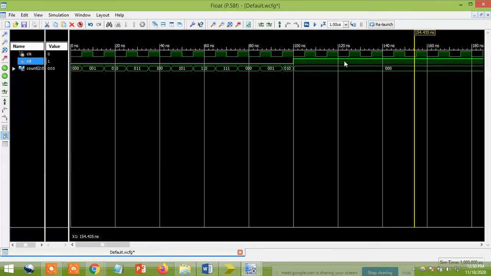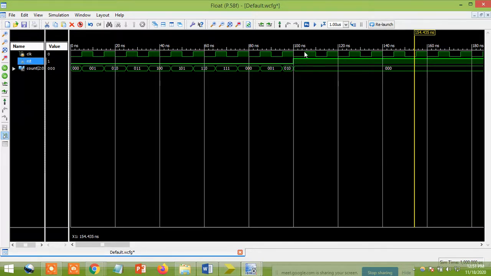But what is the main difference? Carefully observe that previously, in this same waveform, I'm not changing anything, on the falling edge the output is not changing, right? It changes only at the rising edges of the clock, so it totally depends on my clock. But here, suddenly, if I make my reset value 1, the entire action takes place right there. It will not wait for the clock. If my reset value is 1, then automatically the output becomes 0. Is this difference clear?